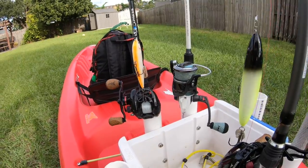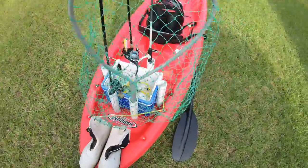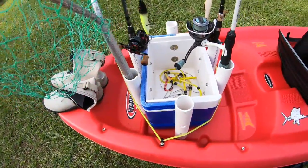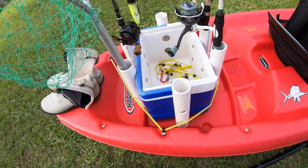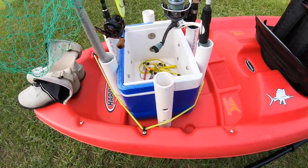It's really nice to have those little notches all the way around for your bait casters to be able to sit nice and tight. It doesn't have to just be a rod holder. You can also put in other things right here, like a net. You also have a small gaff if you need to. You can also drop one of those in there as well. A really handy all-around tool, and a good way to dedicate a small little igloo cooler into being not only